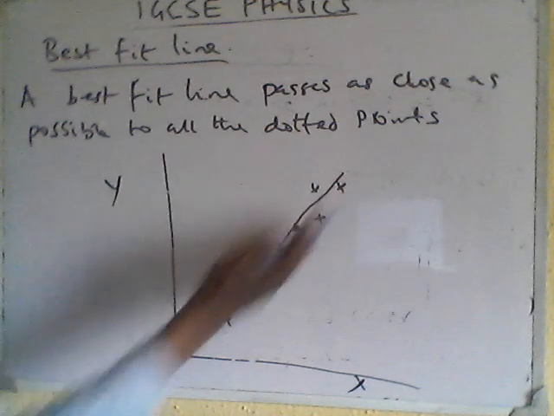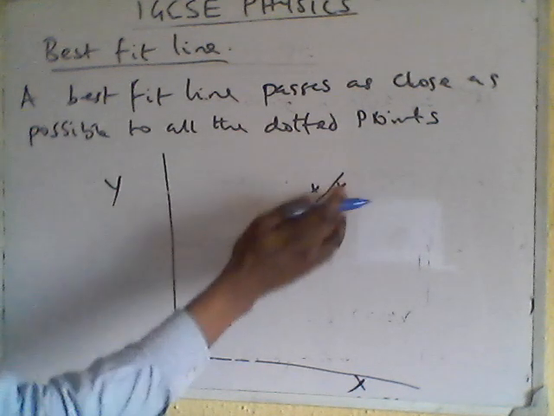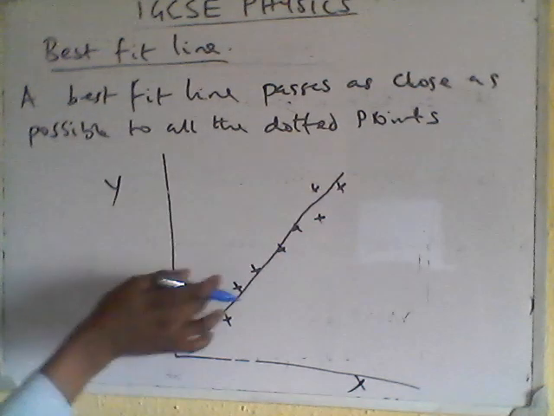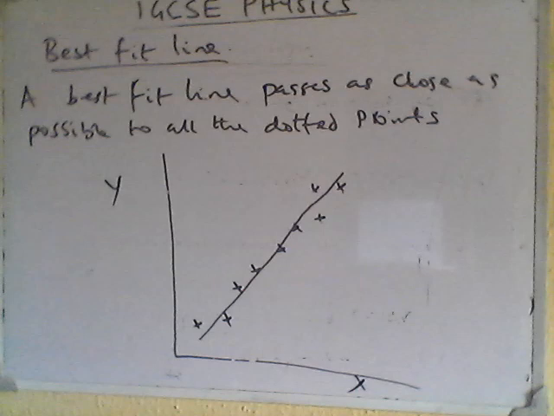So I have like 2 here, 3 here, that are outside the line, maybe 1, 2, 3, then 1, 2, 3. So you see that I'm trying to draw the best fit at the center. You understand? It doesn't have to go through all the points. The points should be roughly evenly scattered above and below the line.